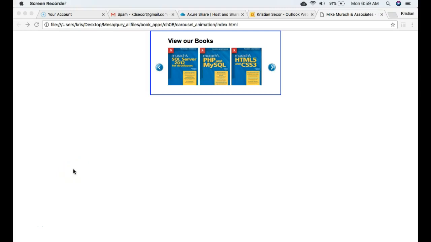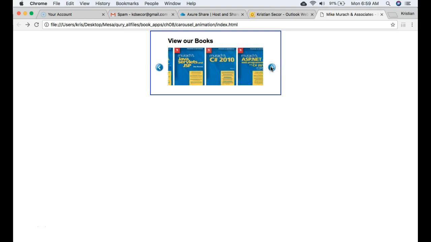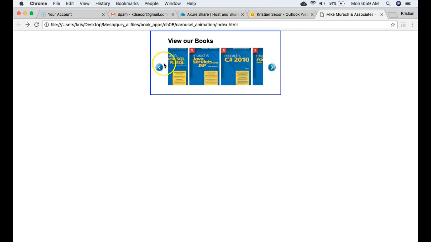Hello folks, in this screencast I'd like to go over the carousel example from our text. First, when we see it in action, on load, the left button is disabled, and then we can click our right button right here, and you see the animation move from right to left. And there's 9 books, and when we get to the end, we can click the left button